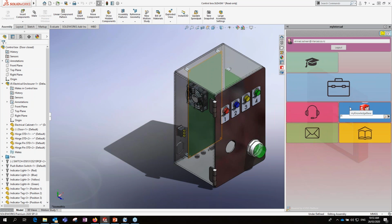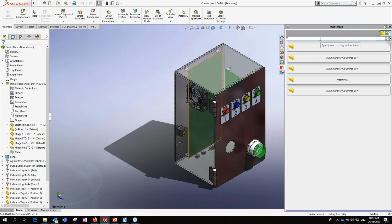The other section in MyInterCAD is the magnifier. When you double click on it, you can search for any webinar we did earlier so you can learn more about any module in SolidWorks. Like I've been in a training room before and one of the trainees asked about the costing module. Costing module in sheet metal is not a topic that we covered in the training manual. So we jumped in